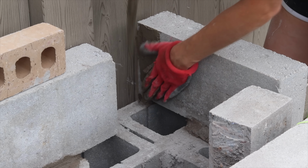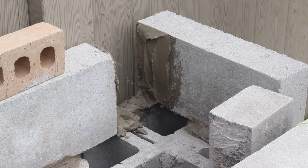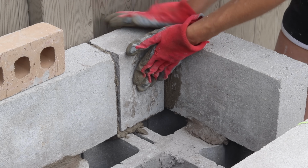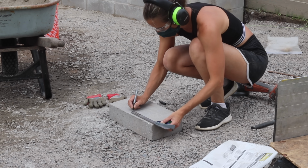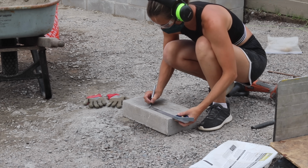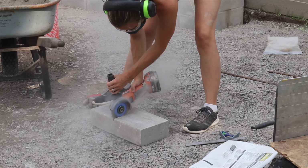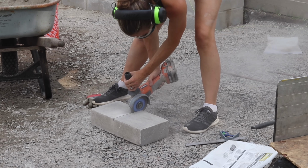So because these are 4 inches instead of 8 inches like the blocks below, I have these gaps at the end, which I cut pieces of the paver to fit in there and did my best to hide them in inconspicuous spots. The way I cut them was with my diamond blade on my angle grinder again. Ideally, I would have a bigger saw diamond blade, but I was just working with what I